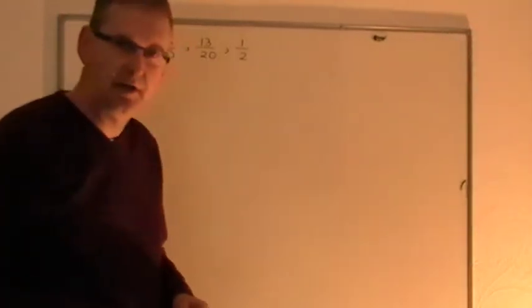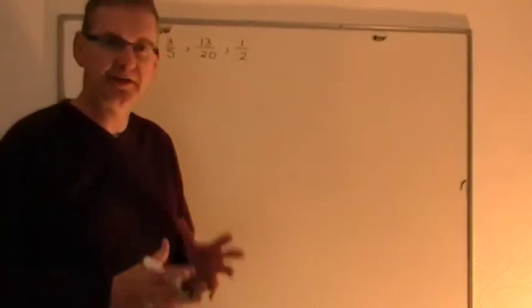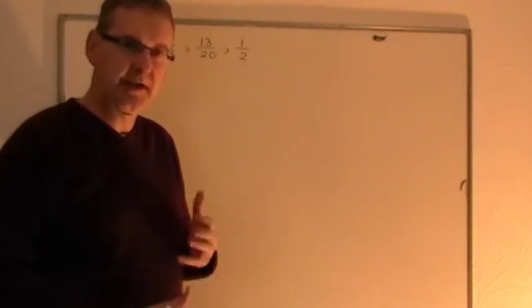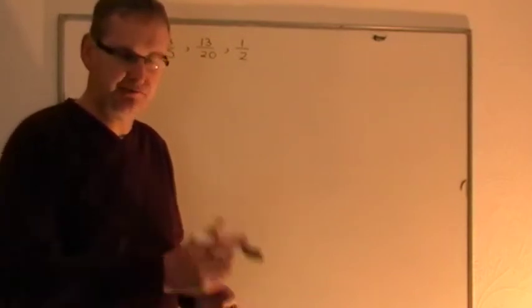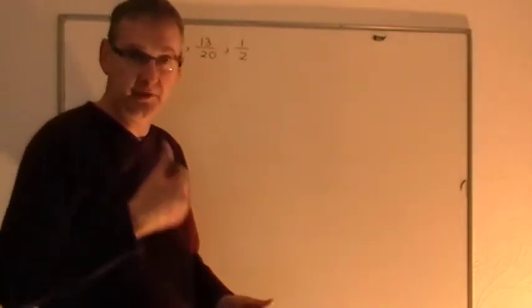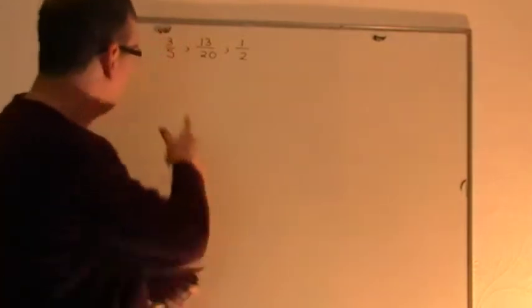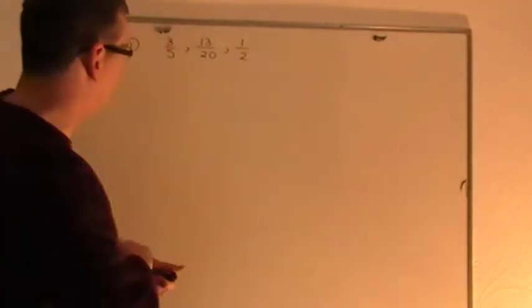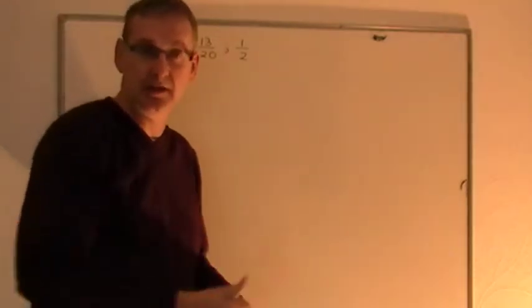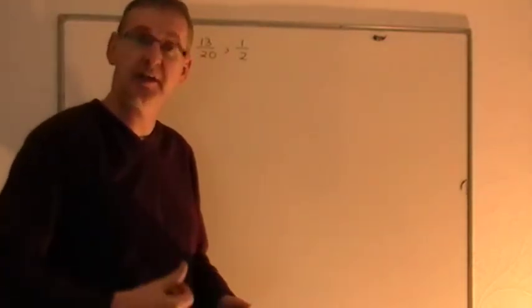In this short video, all I want to do is show you a very simple way of comparing different fractions. In many exam questions they'll just say to you which fraction is bigger, this fraction or that fraction, or possibly they may give you a string of fractions all similar to these I've got in question 1 on the board here, and they may ask you to put them in rank order, smallest first, in other words put them in